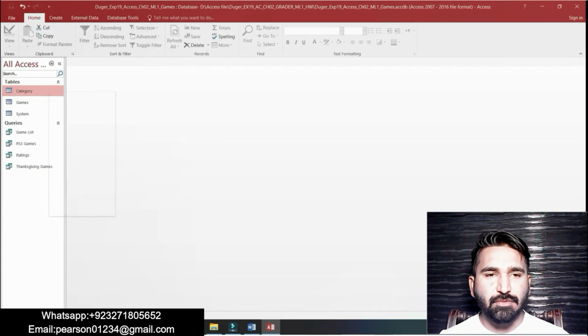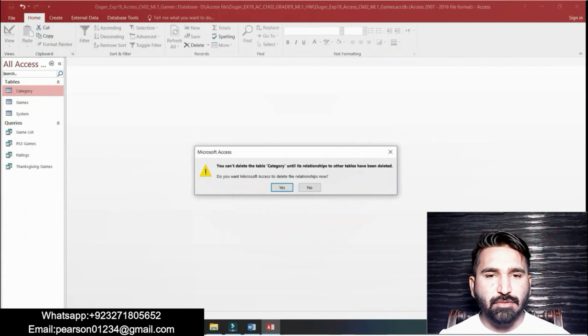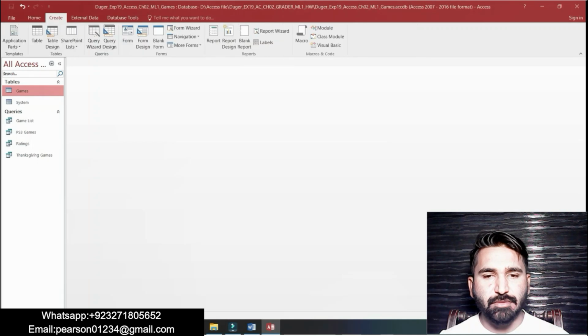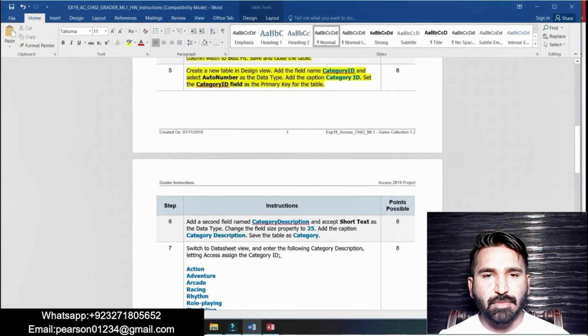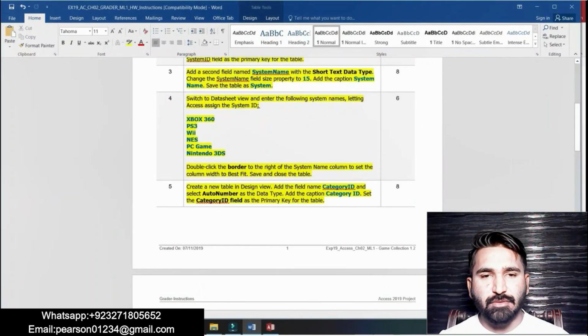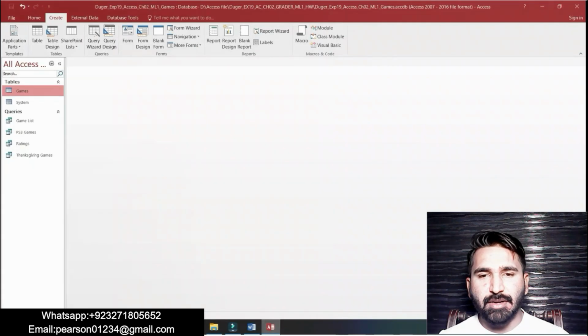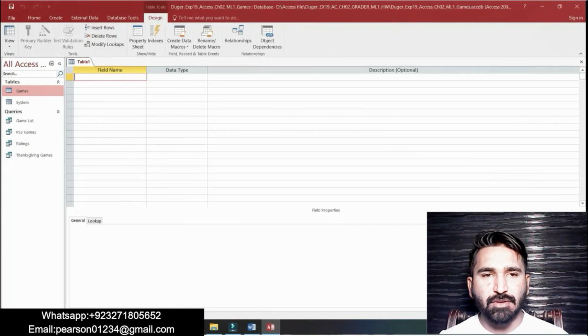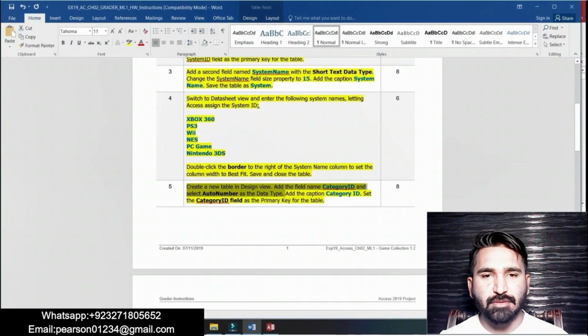Step number 5 is to create a new table in design view. Add a field named category ID and select auto number as the data type.